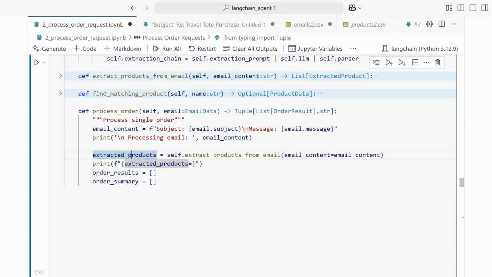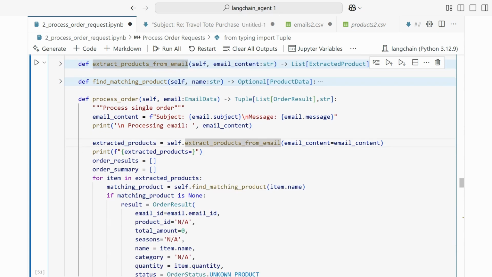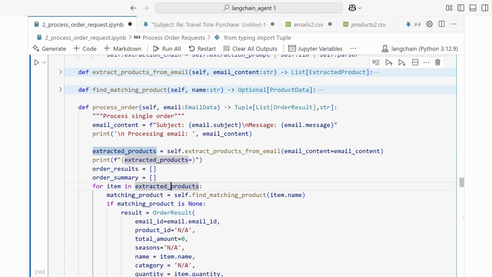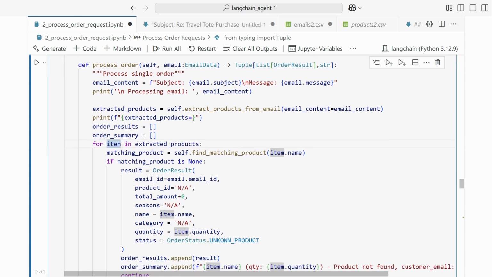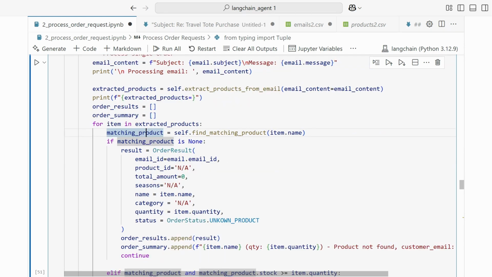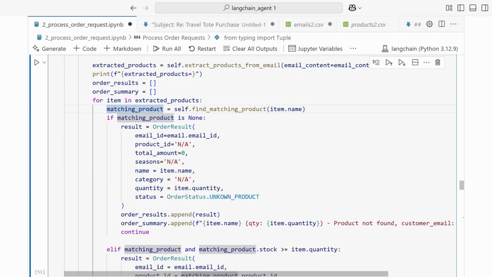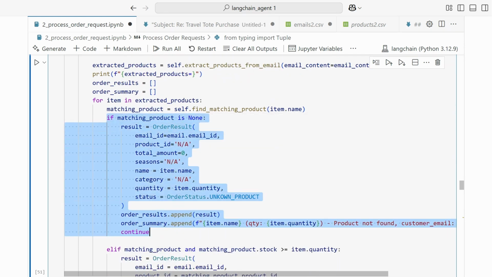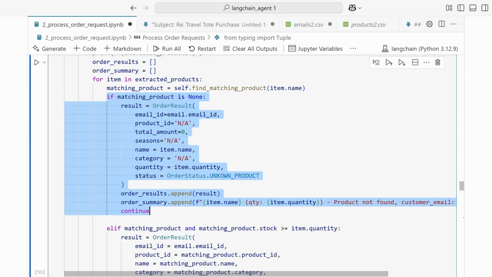So once that is done, we go into, remember the user can ask for multiple products in his email. So here we are taking an array, and for each product in the requested products, we are going to find the matching item in our inventory and get all the details of the matching product. And if it's none, that means we are unable to find the product in our inventory, and then create this result